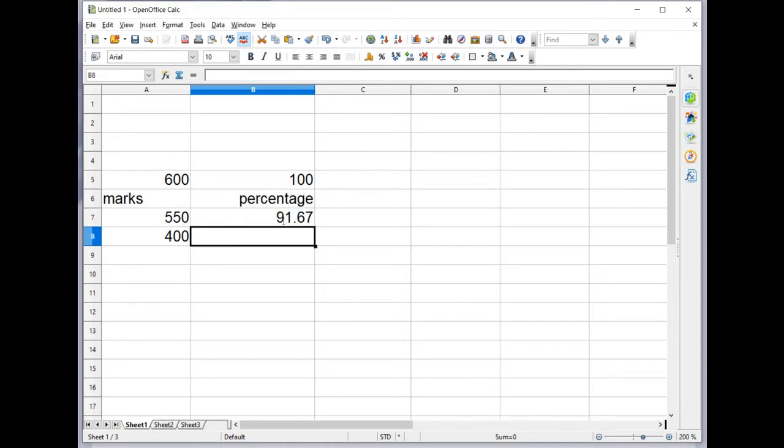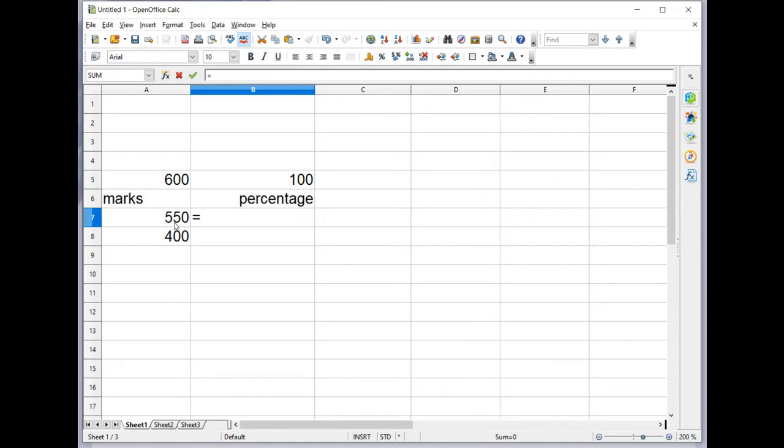So this will give the percentage of the number 550. So the 550 for 600, we have calculated the percentage, that means the number for 100. So instead of giving this number, we can use a formula. The same answer 91.67 is going to come.